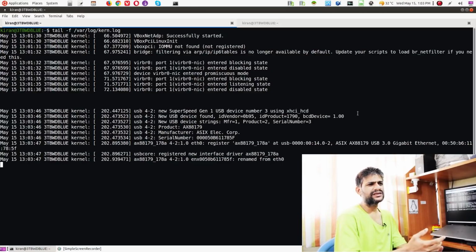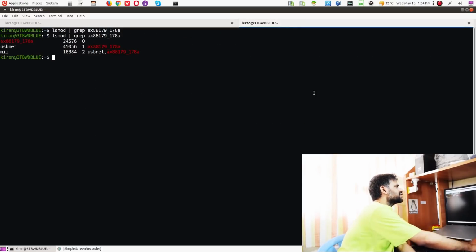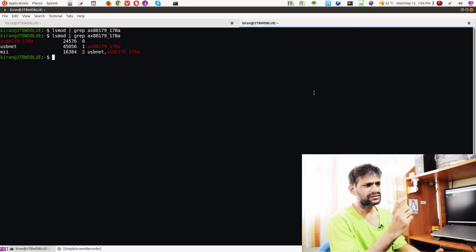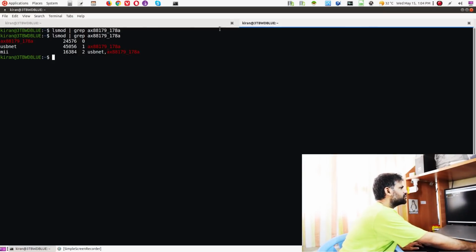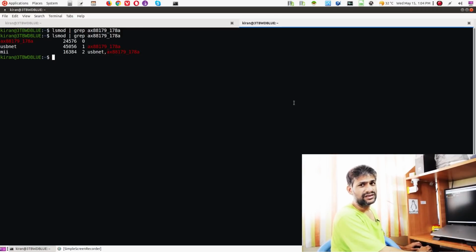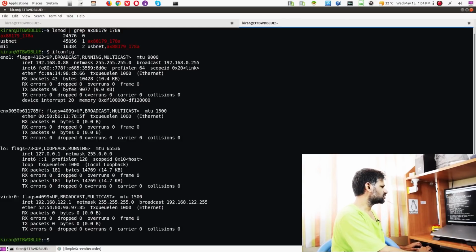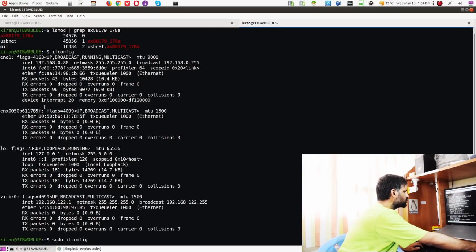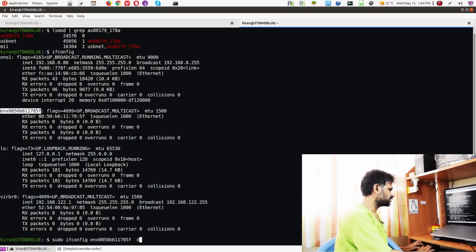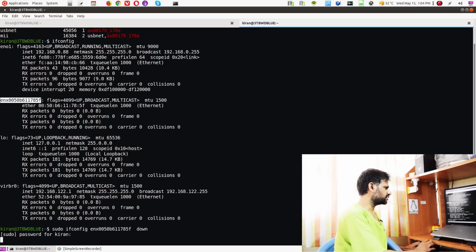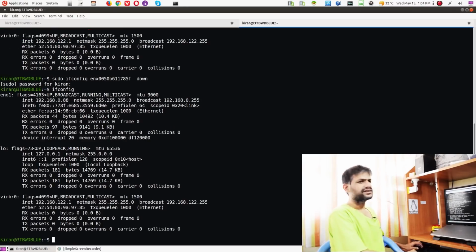And how they unload that driver or whatever, it again depends on the driver. In this case, although I have taken it out, it is not unloading completely, it is still existing in the lsmod, or maybe I need to do some graceful shutdown of that NIC card. Maybe that is something I need to check, I'm not sure. Okay, so with ifconfig, I can do one thing, sudo ifconfig that port, whatever, and I can mention down,